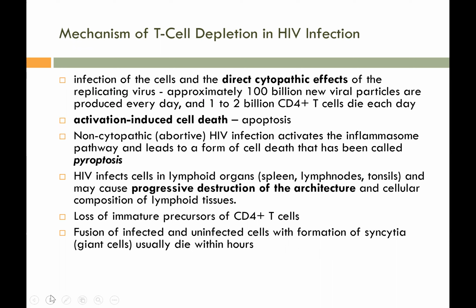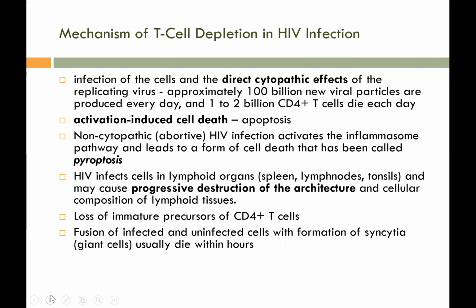So why is it that your CD4 is going down? The CD4 is going down because your virus can exert a direct cytopathic effect and kill your CD4 T cells. It can also induce apoptosis and pyroptosis, and also destruction of the architecture and cellular components, which are supposedly where your T cells are